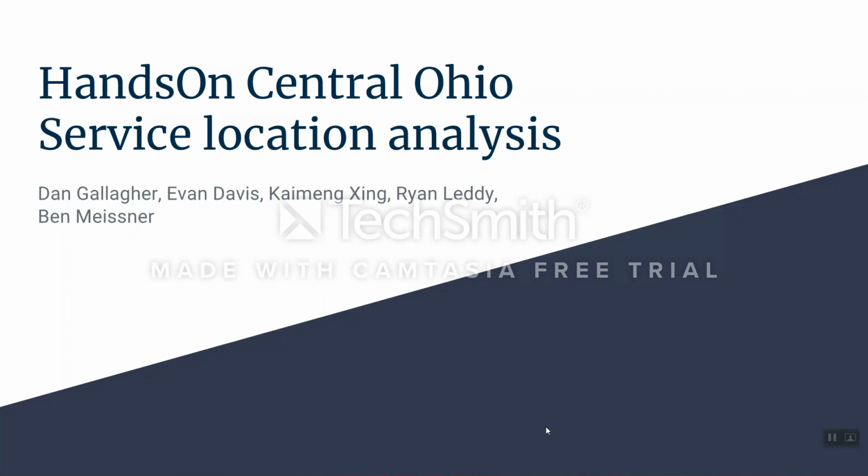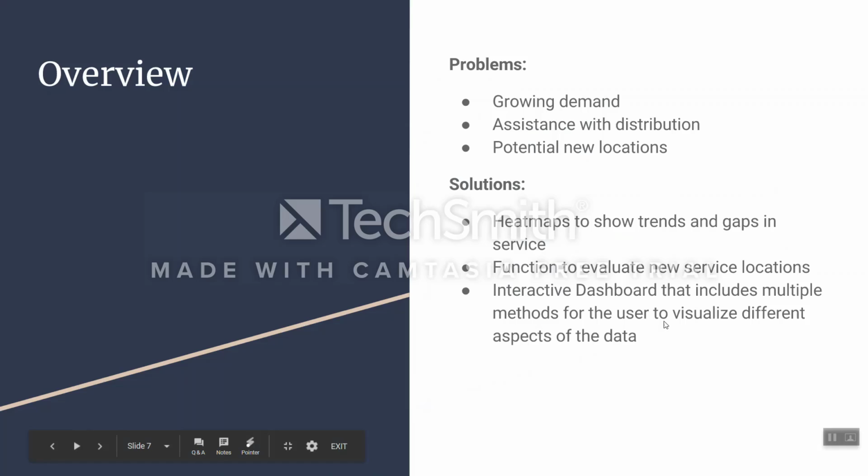HandsOn Central Ohio is kind of a distribution center that also supports people in poverty with different resources that they offer. The problem that HandsOn Ohio came to us with is that they've been noticing an increase in population in Columbus, especially in low-income areas, so that would increase their demand. So they wanted assistance with their distribution system to see how they could allocate their resources a little better. They also had ideas of expanding to new locations, so they wanted a tool that could analyze any new